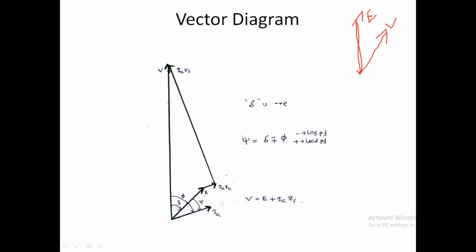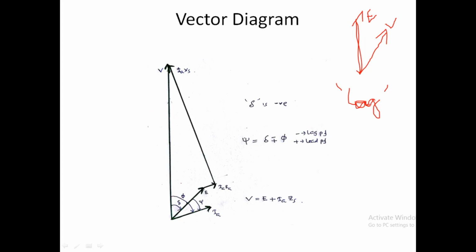Now, all other things are similar. Here the current Ia is lagging the voltage by an angle phi. So this is V and Ia is lagging V by an angle phi, because here we consider a lagging power factor. If we were considering a leading power factor, then the position of Ia will be different. But here the power factor is taken as lagging. So the current is coming here with an angle phi. So Ia is lagging the voltage by an angle phi.